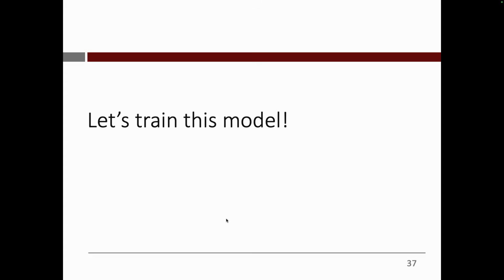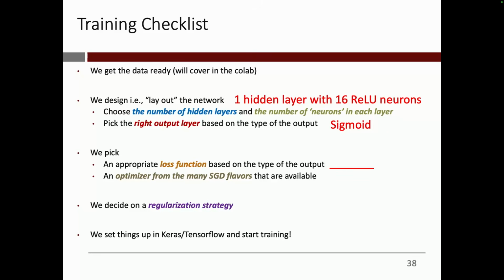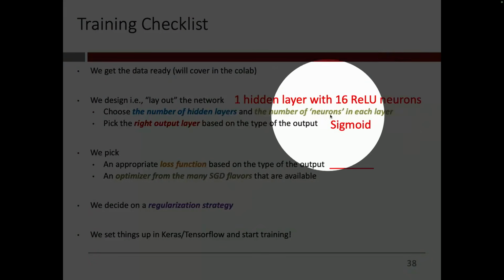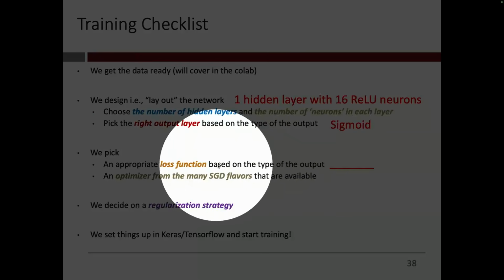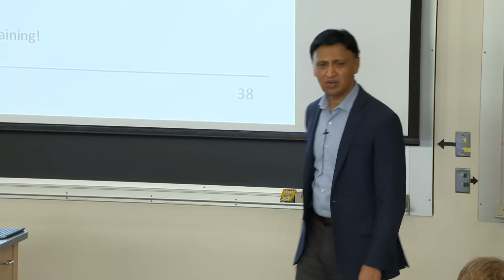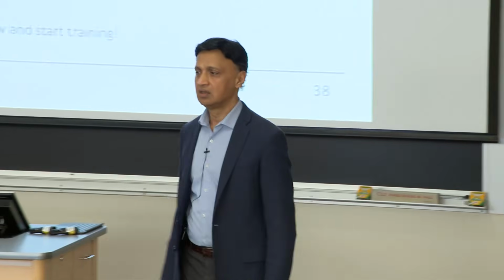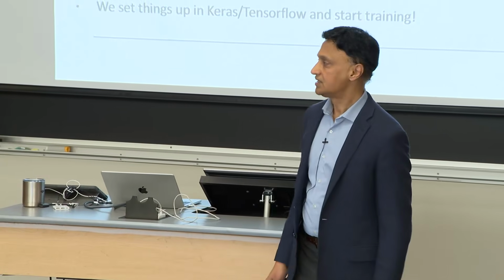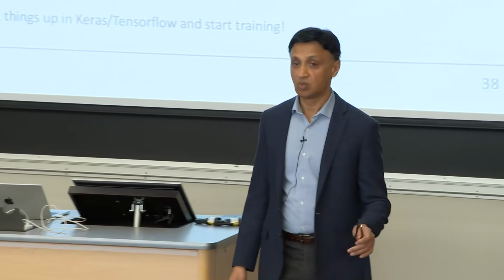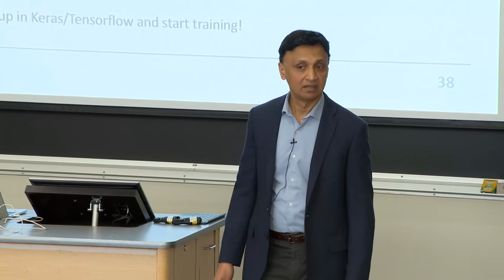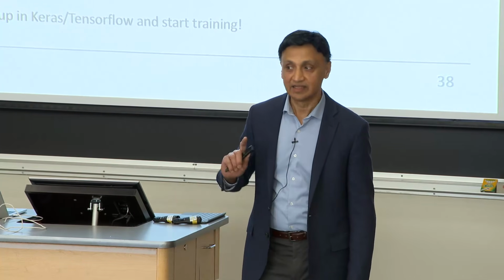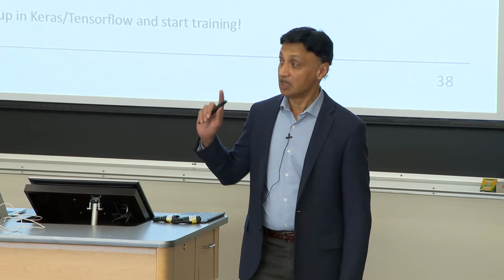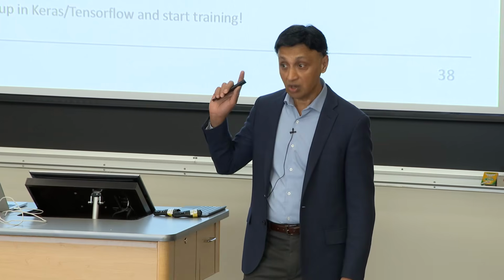So let's train this model. The training checklist is that we have already done this: hidden layer with 16 neurons, sigmoid. We need to use an appropriate loss function based on the type of the output. What loss function should we use? What is the output here? It's a binary classification problem. So what should the loss function be? You kind of heard it somewhere? You can shout it out. No, the output is a sigmoid. The loss function,